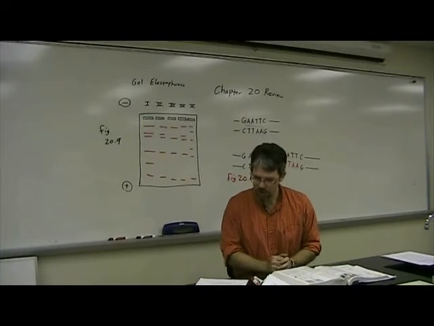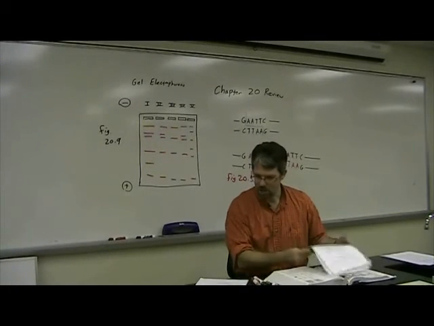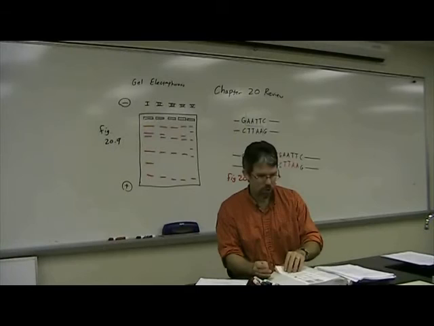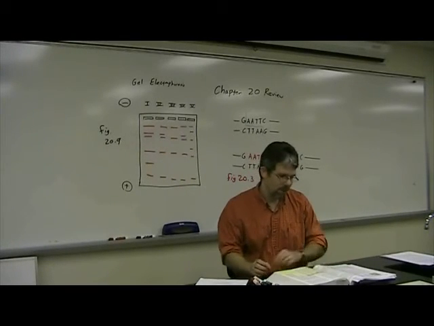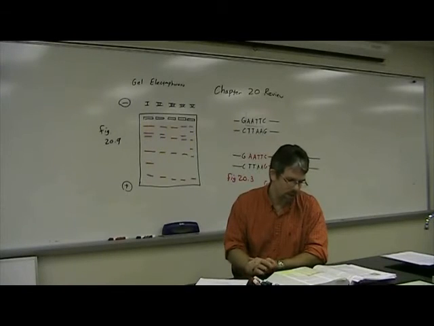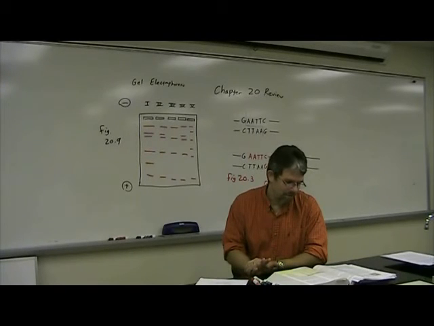Now in Roman numeral 5, I mentioned genomes. I actually pulled this information from chapter 21. That's about the only thing I'm pulling from 21 for us. This is table 21.1. The only thing I wanted you to pay attention to is genome sizes. Now we have on this table genome size in terms of how long the DNA is, the number of gene loci the organism has, and the average genes per